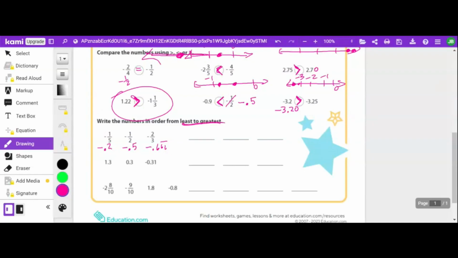Okay, correct. The negative 2/3 is more negative, so it is the smallest. So it should be the first one that we write. Then which one would be next? So we've eliminated this one. The next one would be